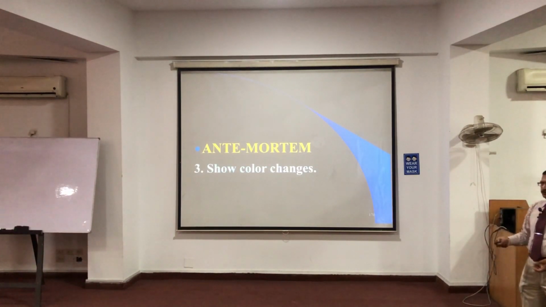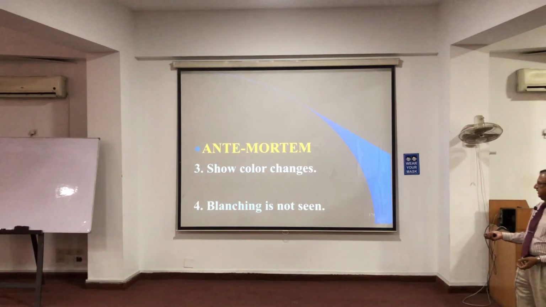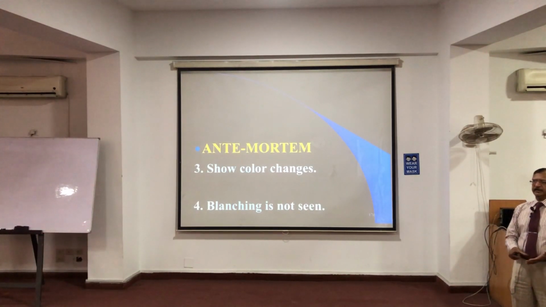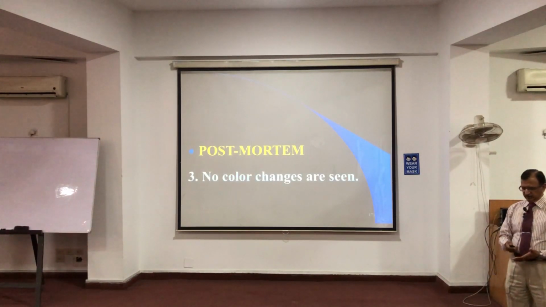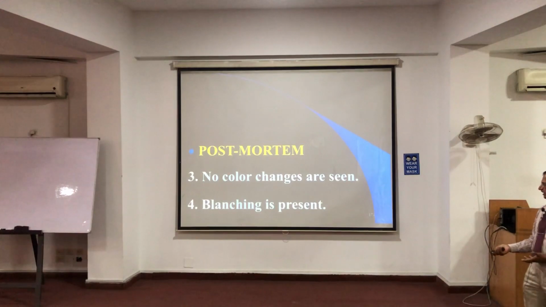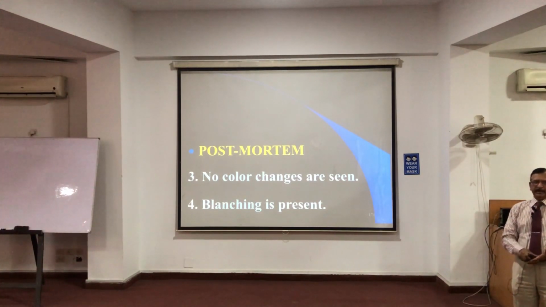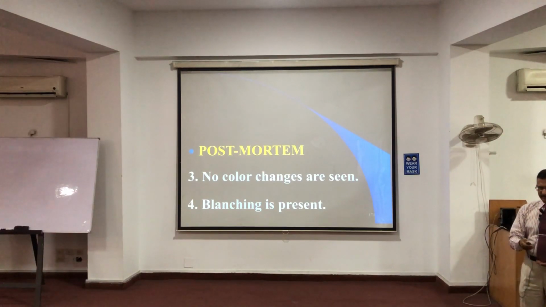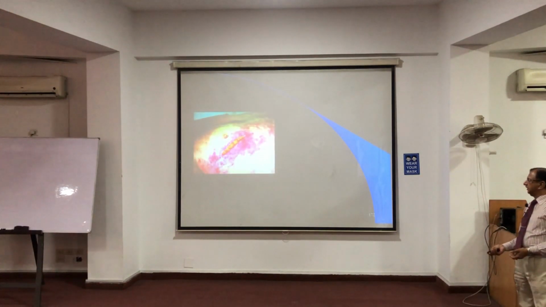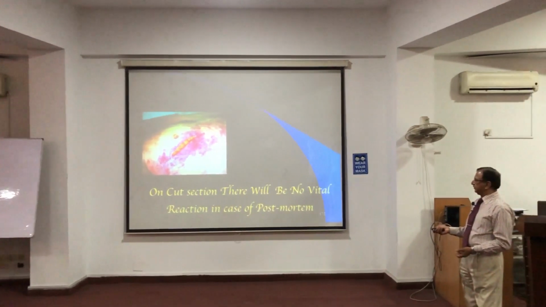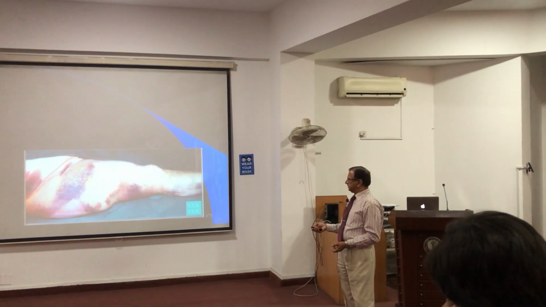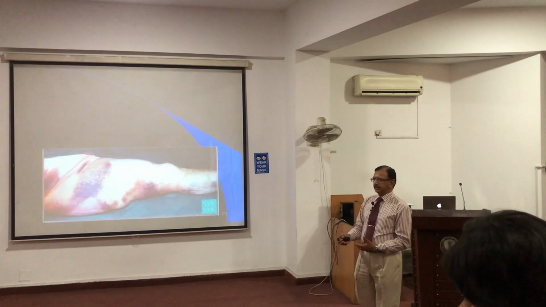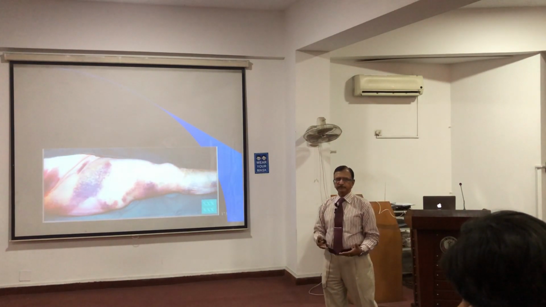So antemortem injuries show color changes, which we have discussed, and the blanching effect of pressure will not be seen. If you apply pressure on the bruise, it will not blanch, whereas in the postmortem, on the one hand, it will not be showing any color change, and secondly, it will be blanched, and by the pressure the blood will flow away. And this is the cut section. In the postmortem, when you cut it and wash it, it can easily be washed. Whereas this is a bruise, and it is on any side. You can distinguish the postmortem staining from bruise.